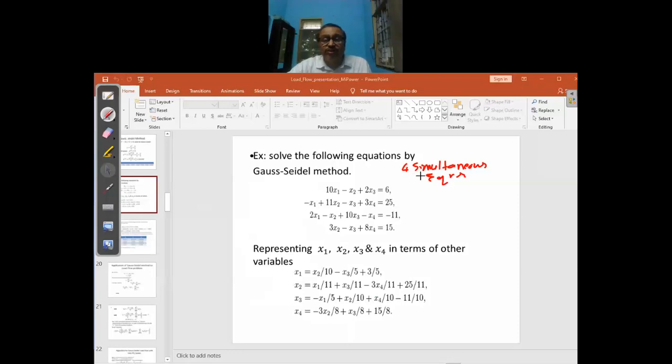In this case also we try to express them in the form of x is equal to f of x. Now in this case you can see that I have put a horizontal bar over x, and a horizontal bar over this. So this indicates that this is a vector